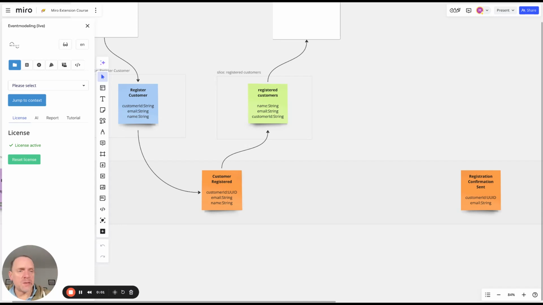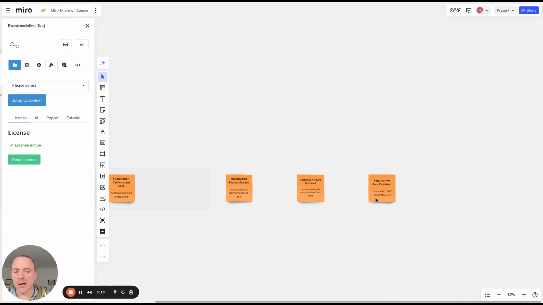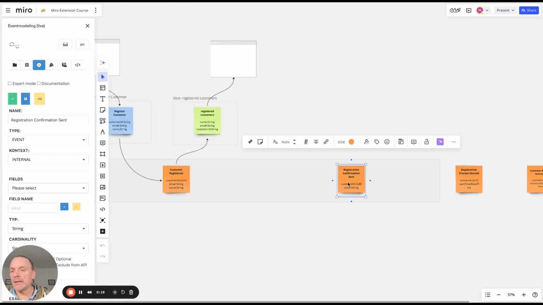So one thing that makes you much faster in building up event models is what I call the one-click modeling integration. As soon as we have our timeline and our events, using AI or not, you can just click on one event, and the only thing you need to decide is, using the slice integration here,